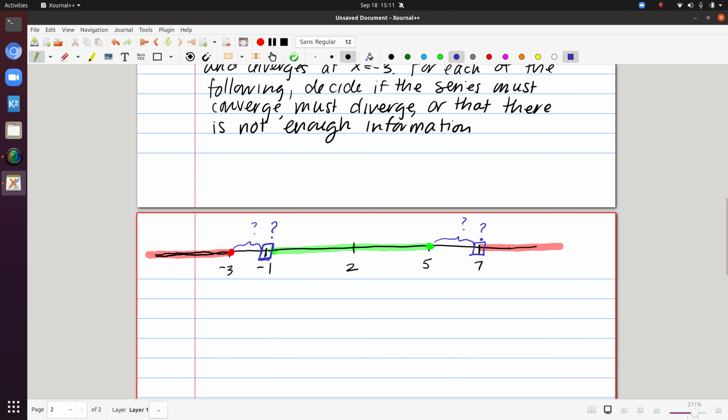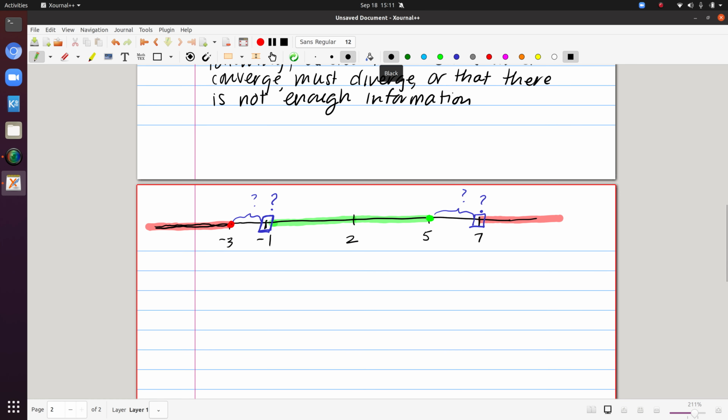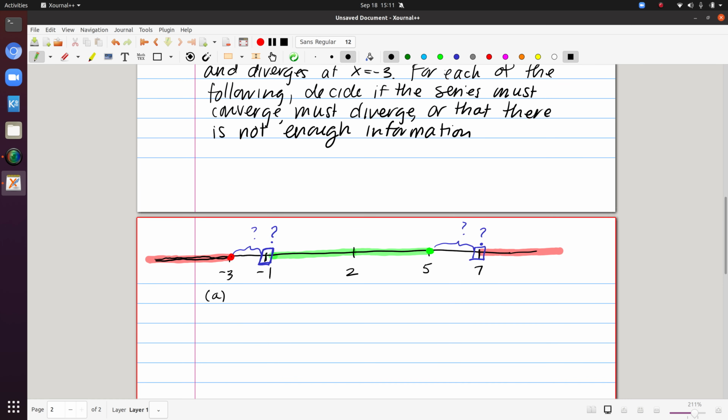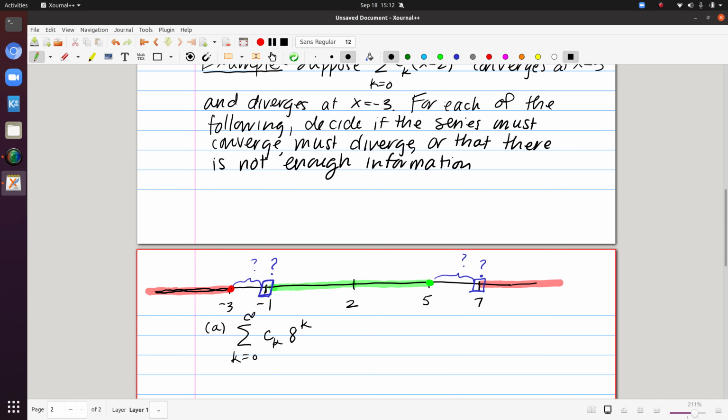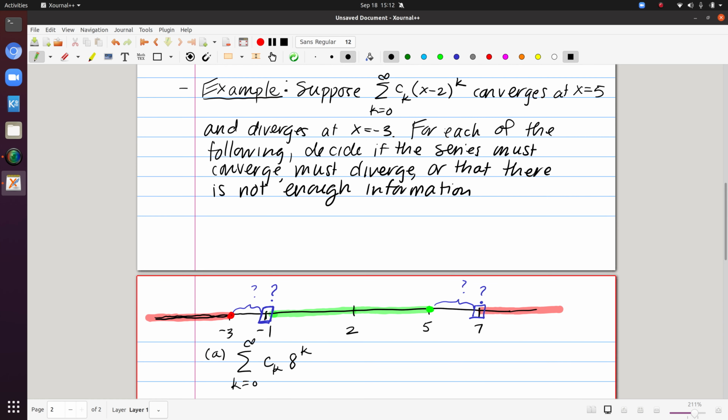So this is all just kind of pre-work, thinking, what do we know given the description above? This is going to help me answer the questions that are asked here. So for each series I list, we want to decide if it converges, it diverges, or we really don't have enough information to decide. So the first one is the sum from 0 to infinity of c sub k times 8 to the k. So my goal here is to try to place this at a certain value of x